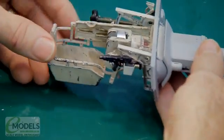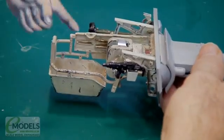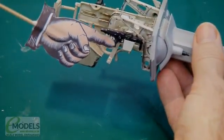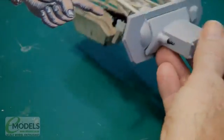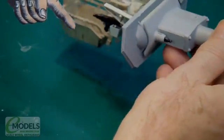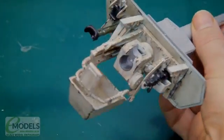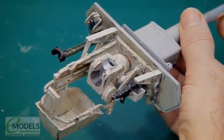And there around the other side, that's my pointy stick, it's a lot easier then, is the machine gun. That's gone in there, and the spent cartridge bucket is in there. That's all gone, as you can see, poking out from the front here. And really it's all ready to fit into the turret itself now, so we'll drag that back across. We'll move some stuff out of the way,